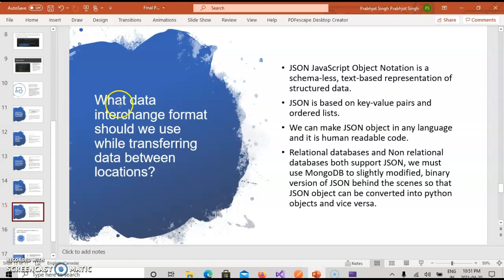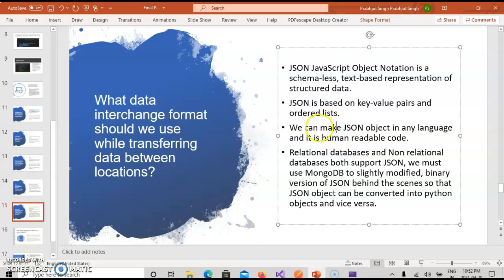The next question is, what data exchange format should we use while transferring data between locations? This is a good one. JSON is the most popular format for transferring data from one location to another. JSON is basically key value pairs. There is a key and there is a value in the JSON object.